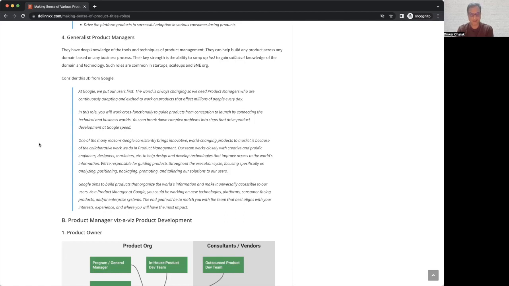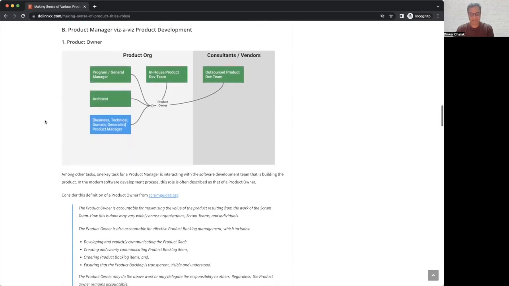The organization that I'm working with also has a very unique, very interesting, very useful process. Here, the idea is that the generalist product manager knows how to work with all kinds of teams, has sufficient knowledge about the domain, the business model, and the technology, and brings a wealth of tools and experience in building products, following a process, and coming up with these awesome products. So these are the generalist product managers.